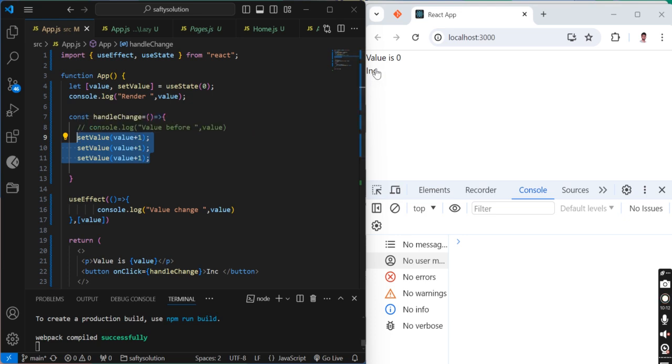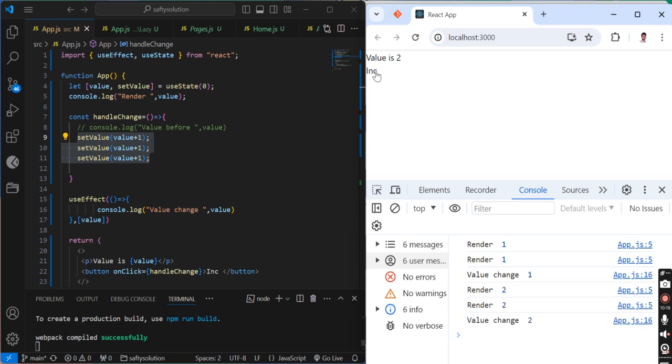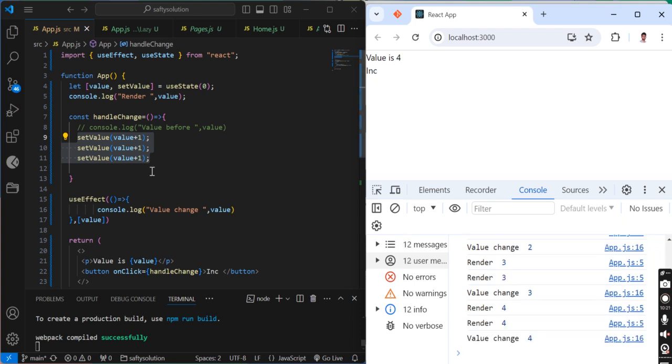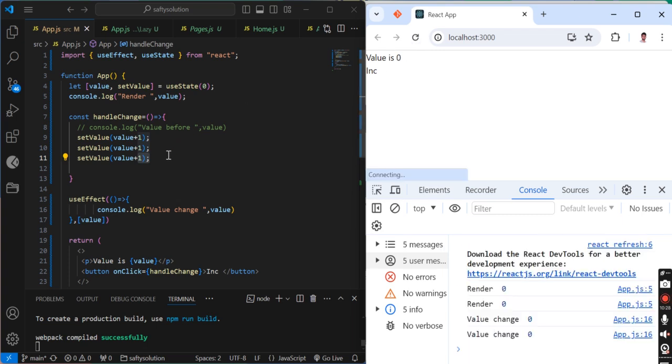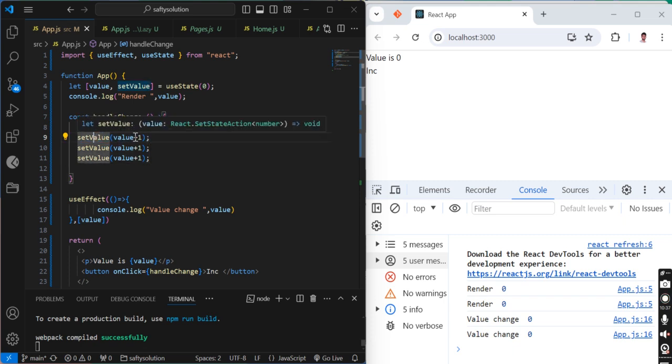Let's see. Its value is 1. It's increasing by 1. It's not increasing by 3. Why? As I told you, whenever it executes this method, it does not immediately update the value.